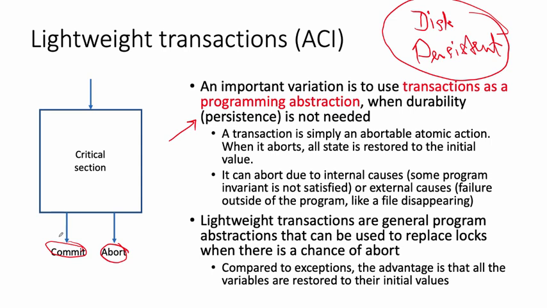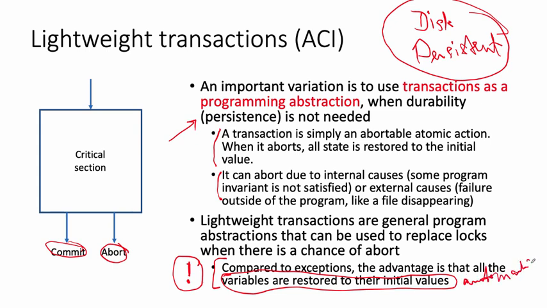They're like programming abstractions, these transactions, okay? It's simply an abortable atomic action. So if there's some problem, then the program code is fixed. Actually, this is kind of a smart version of exceptions. Remember, we do exceptions when there's a problem, like you try to read the file, but the file disappears, poof. Well, then you have an exception and the program has to fix all the wrong variables. Well, a transaction will do that automatically. All the variables are restored to their initial values, and this is all automatic. The transaction does this. So a language that provides a software transaction or lightweight transaction, what's called a